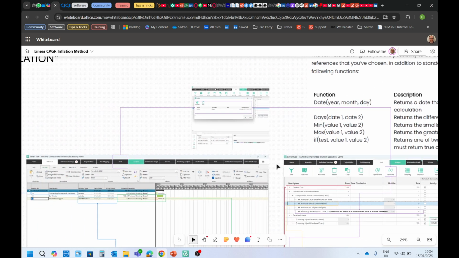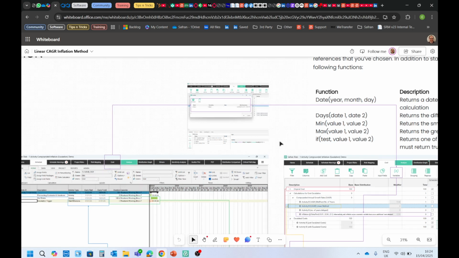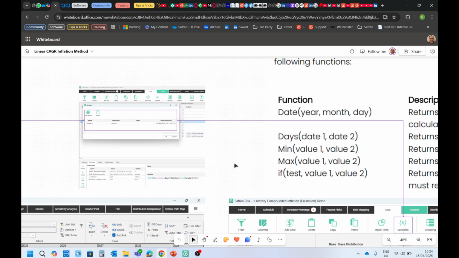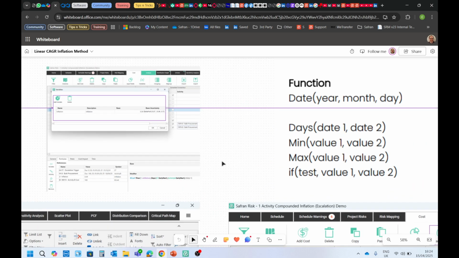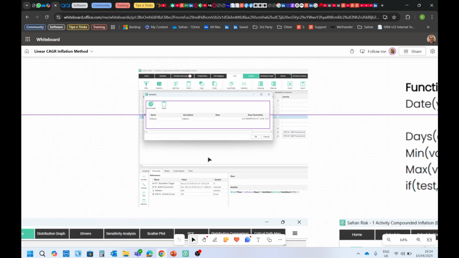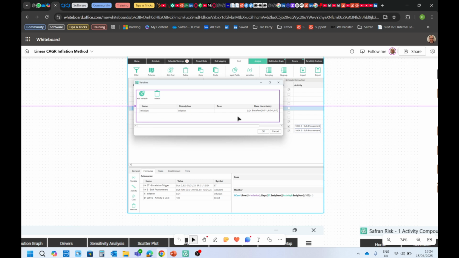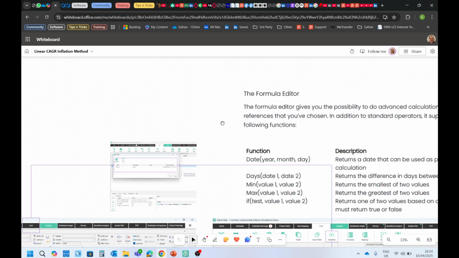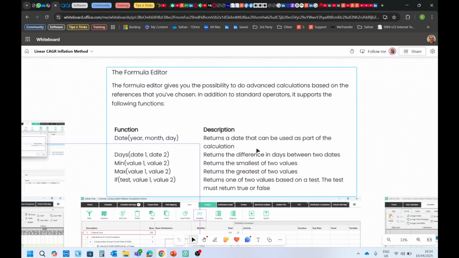The cost module is just found here on the black ribbon, for any of those people that decided not to go and watch any of the actual explanatory training videos. In the cost module, you'll be able to pump in all kinds of different variables, such as an inflation rate, and have that as a standalone variable that is then picked up as a reference in other formulas. And the formulas that we're going to be using in this cost module,